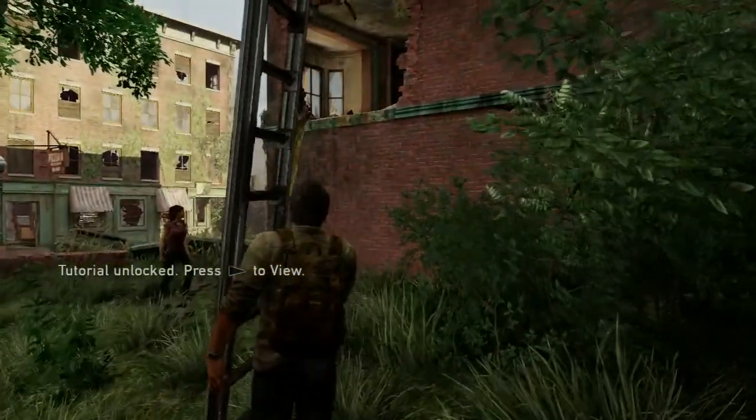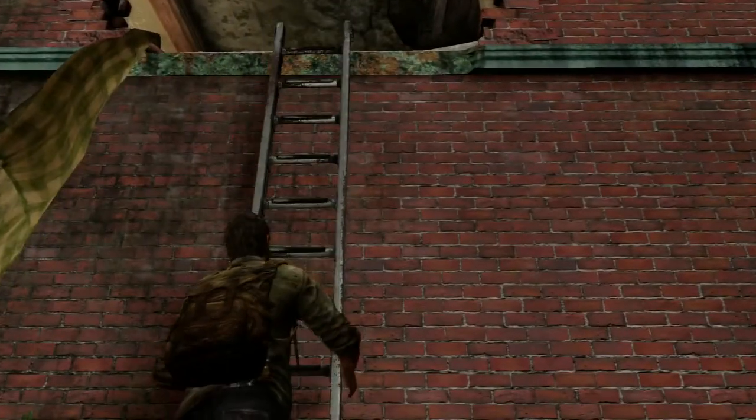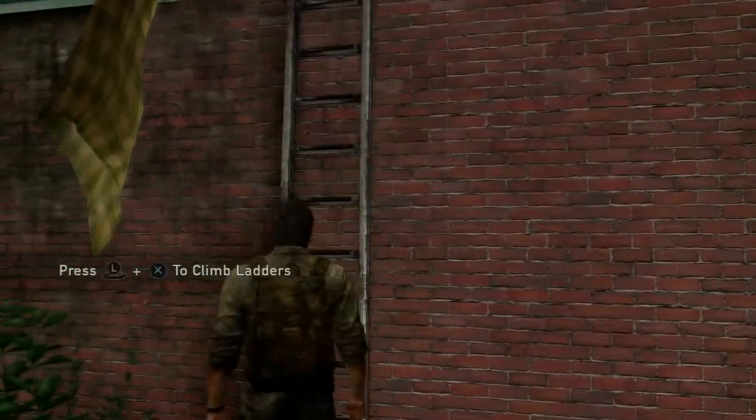This is the Last of Us Collectibles guide. This is for the very beginning of the game. It's called the Quarantine Zone. And right after you pick up your first ladder with Tess, the collectible is going to be inside this building,